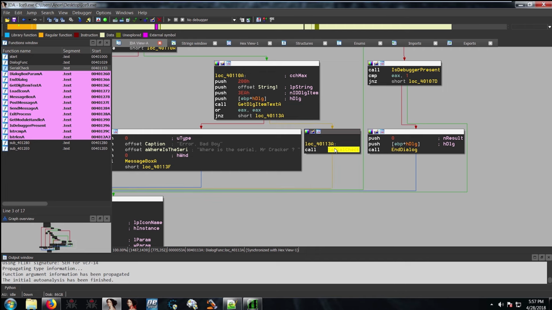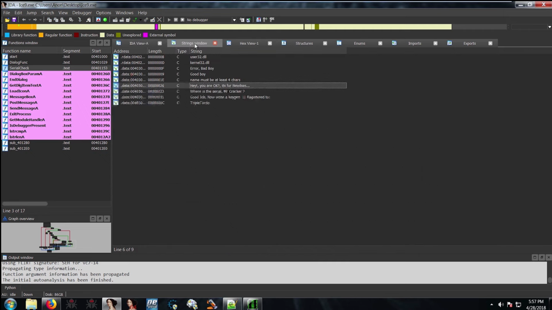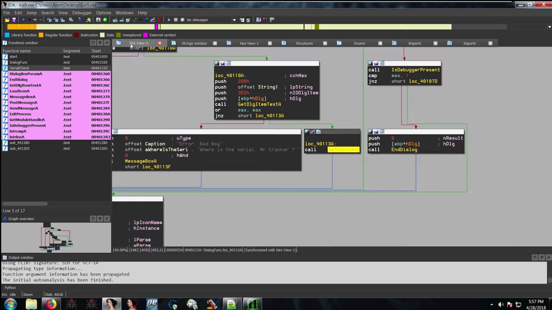So that's how we get to the serial check from the start of the program. It's a lot of programs, they're much bigger and more complex. It's probably easier just to go by strings, and you know, there are other methods to finding the correct subroutine. Another thing I wanted to point out is this is debugger present, and typically this is used